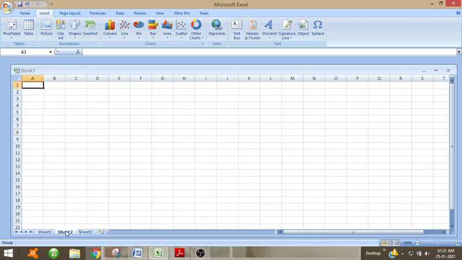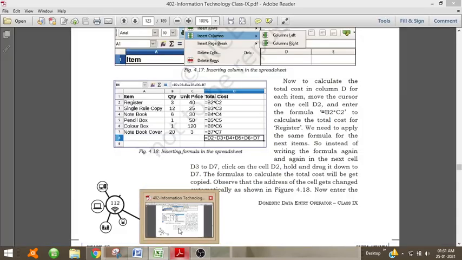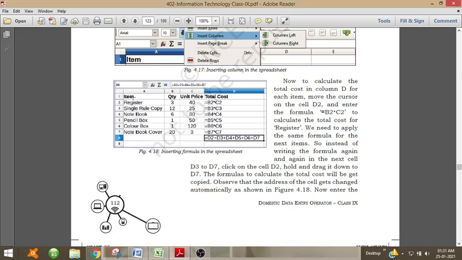In sheet 2 you can create item, then the different items, then its quantity, then unit price, then you can write total cost is equal to A2 B2 star C2, then it will be computed for each one.